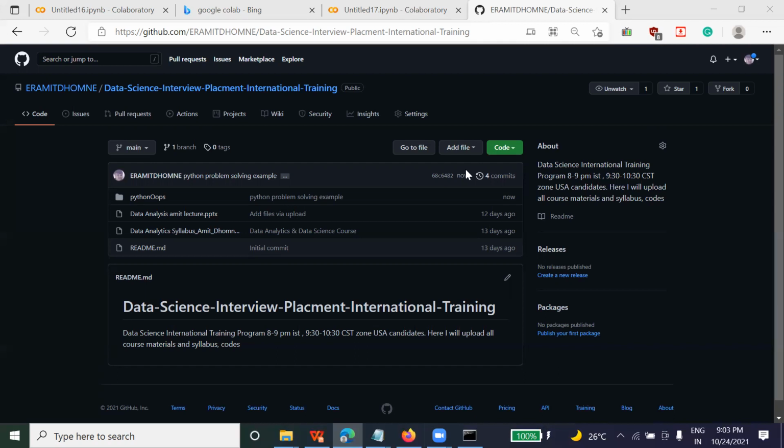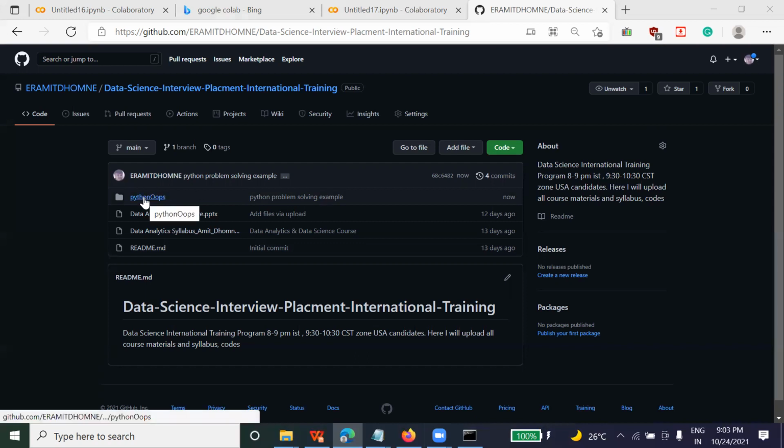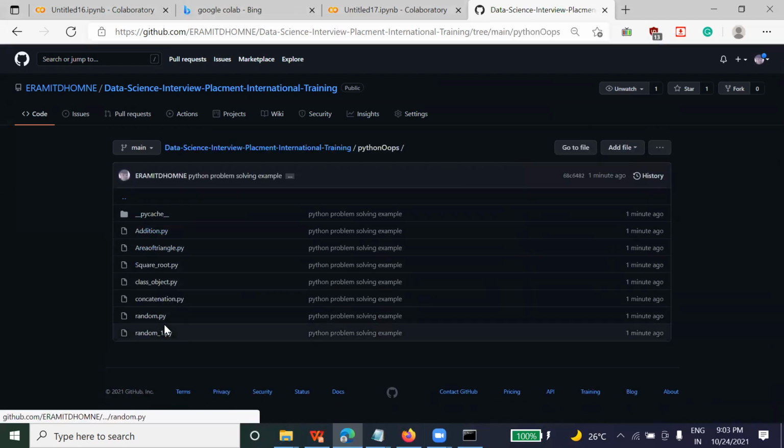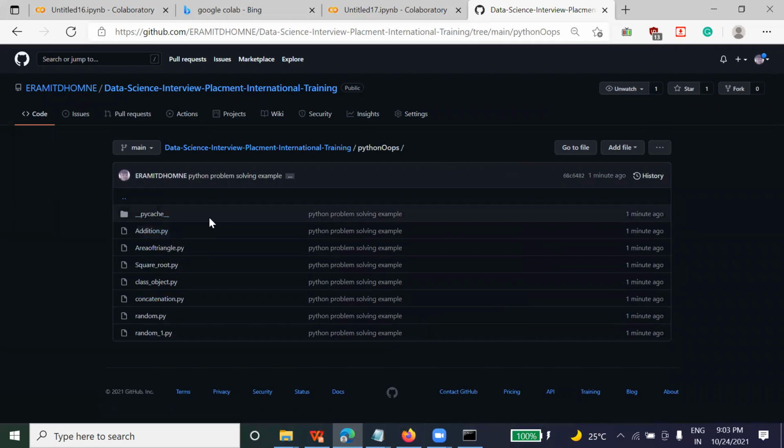Do this program. You just see this. Go to the link. Copy the link. I sent you the link on the chat. Save it with you. Click on it. You just download this folder. You will get all these files. Open the file with a text editor. Run it in Google Colab or anywhere.